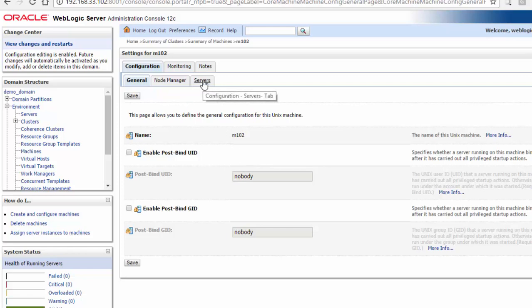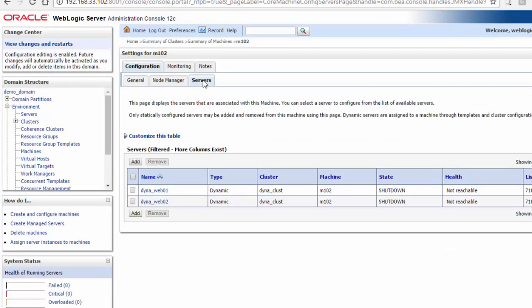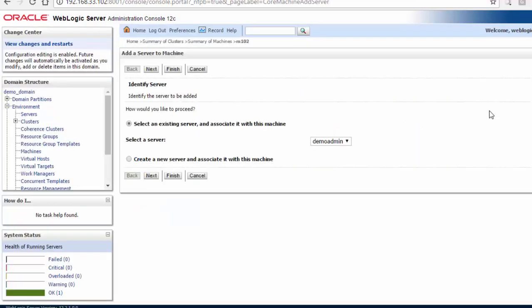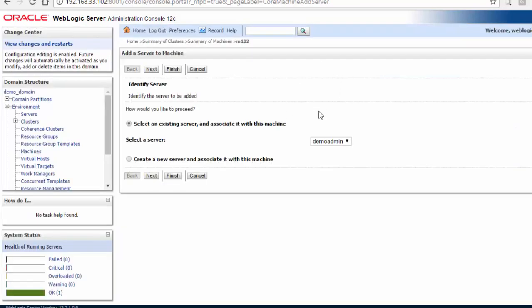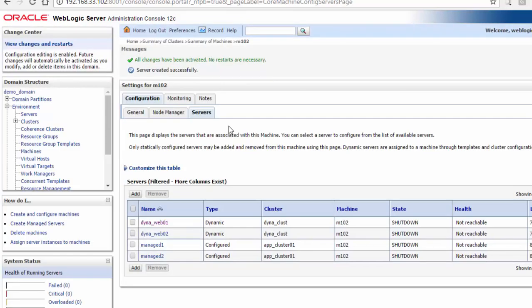So let us go to the third tab in the configuration, click the servers, and let us add; I need to add other servers. Here I want to select managed server 1 and click next. Similarly I can also add the second managed server, managed server 2, and click next.